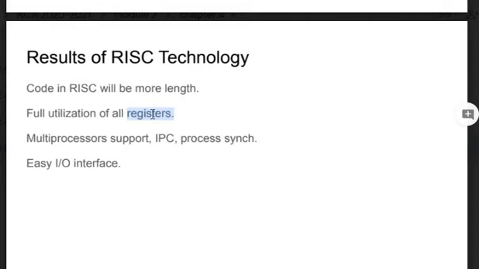Next one. Because of RISC, as I mentioned in the previous, multiprocessors were supported. Since multiprocessors were supported, the same task is shared among multiple processors. So if multiple processors do the same work, definitely each individual processor will get less workload. Simple: lifting a 5 kg weight, if one person lifts it, he gets the full workload. If the same weight is shared by 2 students, each person is lifting 2.5.